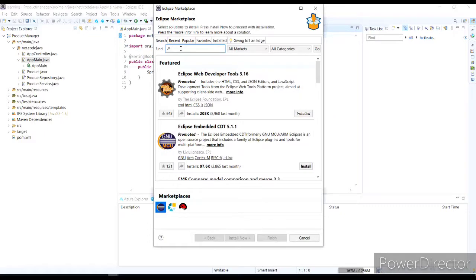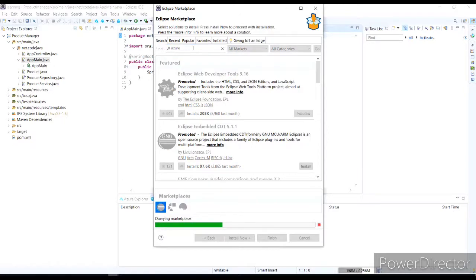You need to just type Azure and search it.